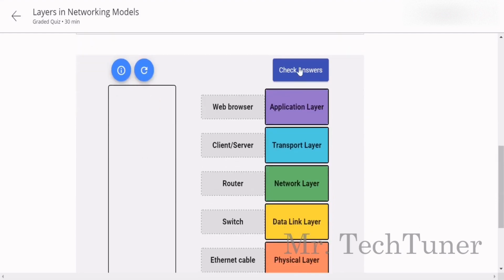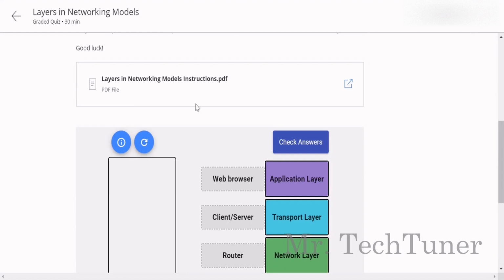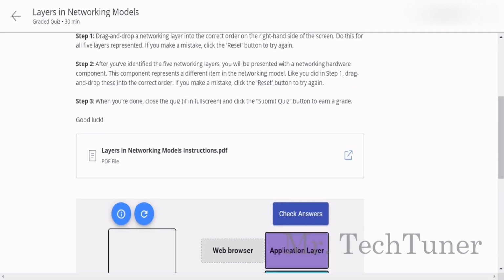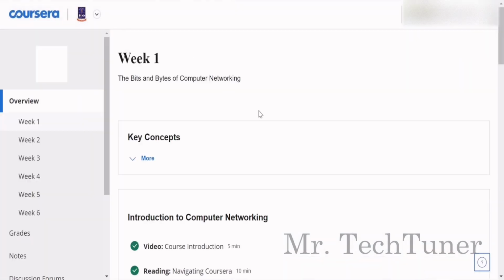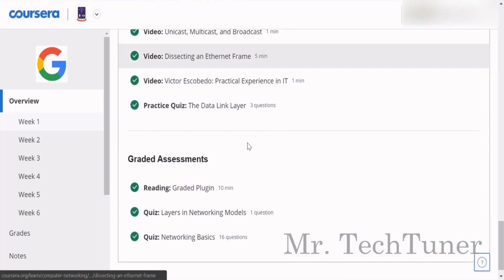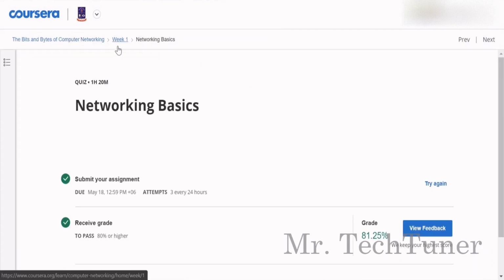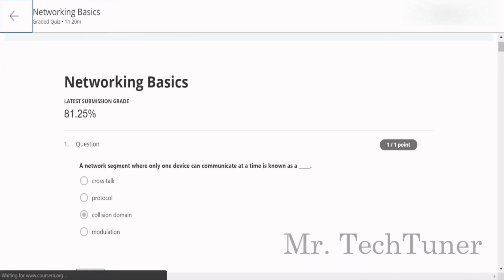Okay. So I think all the results are correct, but due to the slow net connection, this is not responding here. Okay, so we are going to our next question, which is actually we have 16 MCQ questions, so we need to view the feedbacks. Okay, I will tell you the mistakes that I have made, so don't worry.